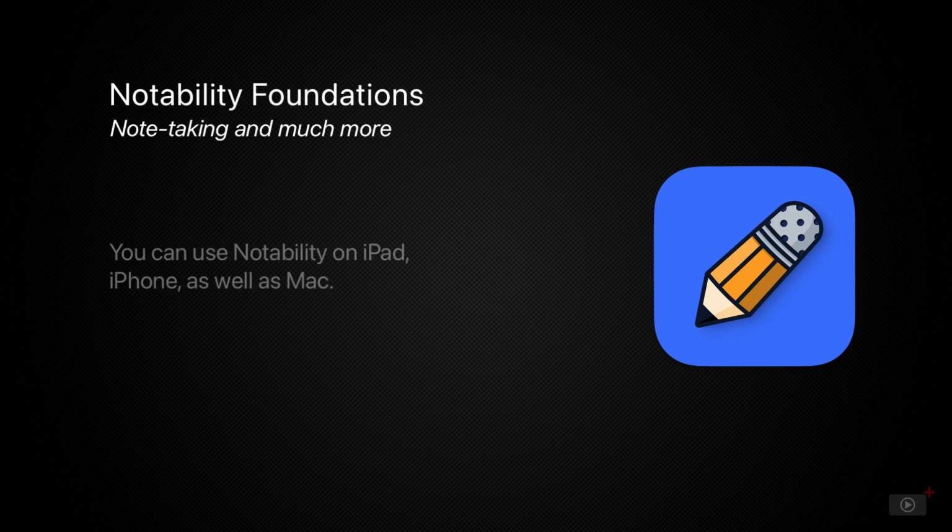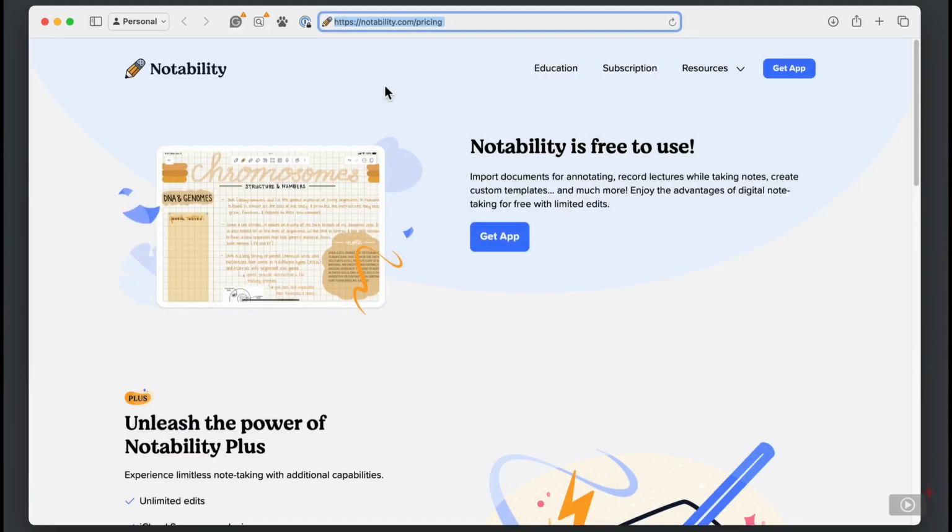Notability is available for iPad, iPhone, and Mac. I'll be demonstrating primarily from the iPad where it really shines, and I'll be using an Apple Pencil, but it's not required. On iPad, you can use your finger, and of course, on iPhone, you'll be using your finger, and on the Mac, for some of this, you may even use your trackpad. You'll want to download Notability from the various app stores for your devices, but let's take a look at